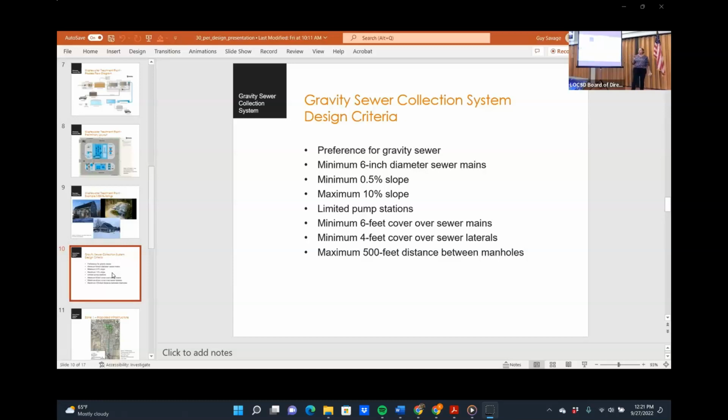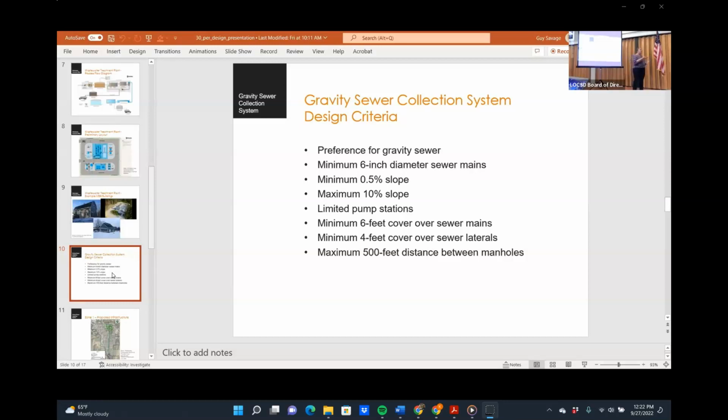Minimum of 6-inch diameter sewer mains. That's for being able to clean them out. You will want to inspect and clean them regularly. That's what comes with owning a sewer system. Minimum of 0.5% slope, and that comes down to how much solids collect on the bottom. Again, that's maintenance. If it's designed properly and constructed properly, and I will warn those are 2 different things,